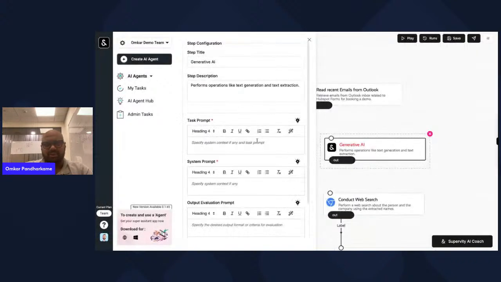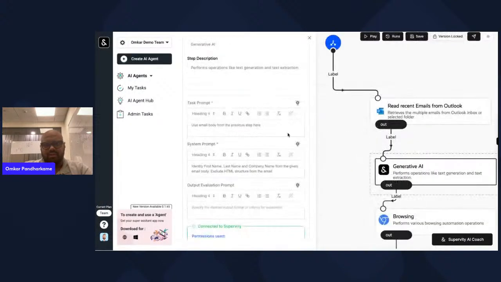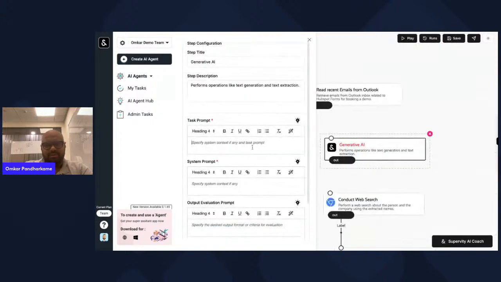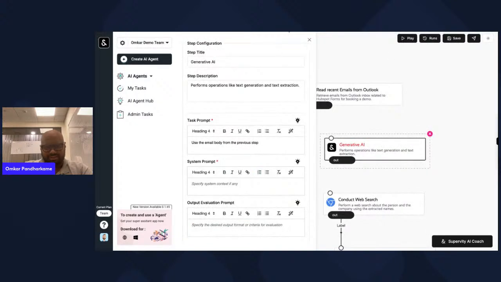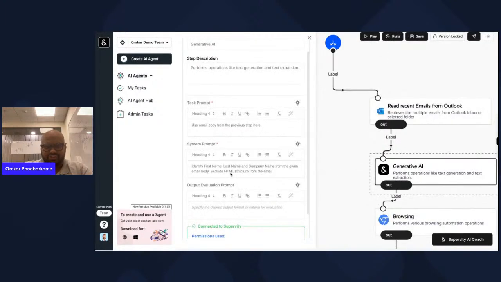So I will connect. You just click on connect to Supervity. And then what I will do is I will say use the email body from the previous step. And over here, I will be very specific on the system prompt where I will say, identify first name, last name, and company name from the given email body.